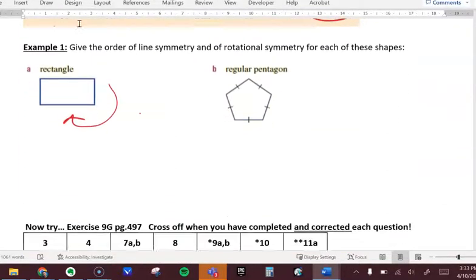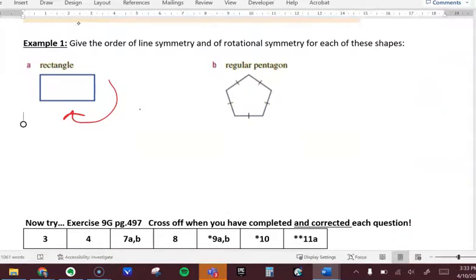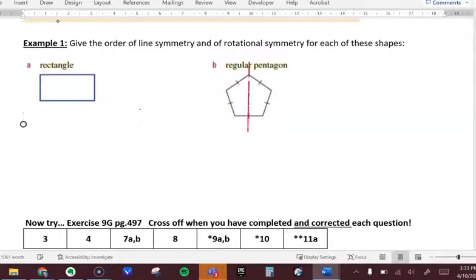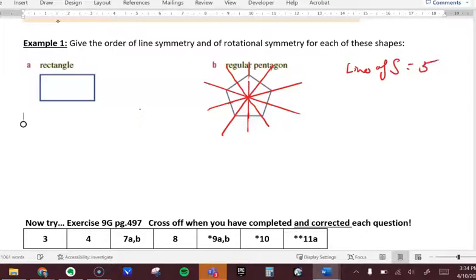Now what's not on this chart is the regular pentagon, so let's have a look at it. There will be 5 lines of symmetry, because if I draw, with my ruler, a line of symmetry here, I can fold either side over. The same is true if I draw one here, that's 2. If I draw one here, 3. These are all going to create matching copies on either side of the line, 4 and 5. So for a regular pentagon, the number of lines of symmetry is 5. I got 5 lines or creases I can draw where I would get an exact copy folded together